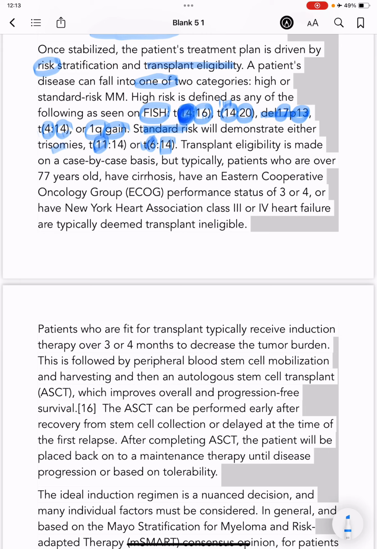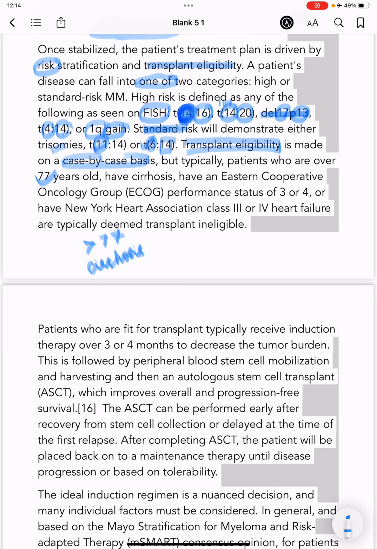Then transplant eligibility. Transplant eligibility is made on a case by case basis. So typically patients who are over 77 years old, patients having cirrhosis,